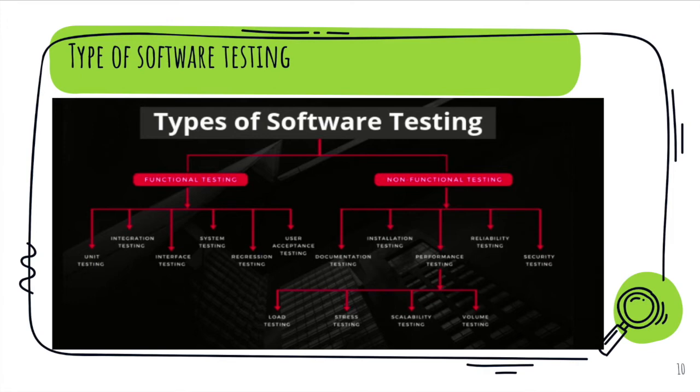Then we have reliability testing. Reliability testing is to see that whatever has been designed, it is reliable. And security testing is to see that there is no data leakage or any kind of data breach that can happen because of the application if it has not been handled correctly. So all the valuable information that the application is taking from the user should not get leaked. Apart from that, in security testing, we also see that the application is very robust and it is very hard to break by hackers.